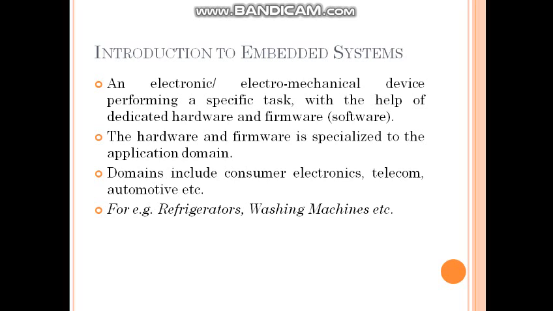For example, if you define a washing machine system, the washing machine is an example of an embedded system. A washing machine will perform a different task. If you see another example, a heater or an AC, it will perform another task. The applications of two different embedded systems are different. Depending on their application, their hardware and their software are to be used. The domains include consumer electronics, telecommunication, and automotive, etc. And these domains are different depending upon the application we require. For example, a refrigerator or a washing machine are certain examples of embedded systems, right?